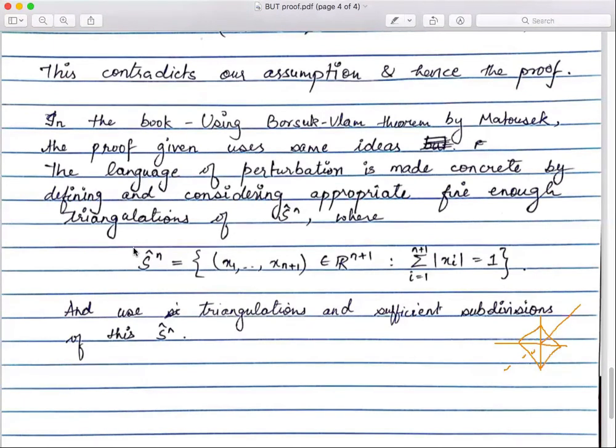So in the next lecture, we'll see Tucker's lemma, which is called the discrete version of this particular theorem. This, as you can see, is a geometric theorem. Just like a topological version, it has a combinatorial version, and that version is named Tucker's lemma. So I will show you what it is, how it is equivalent to the Borsuk-Ulam theorem, and then we'll see a proof for Tucker's lemma in the next lecture.